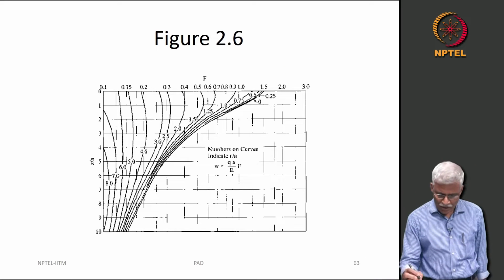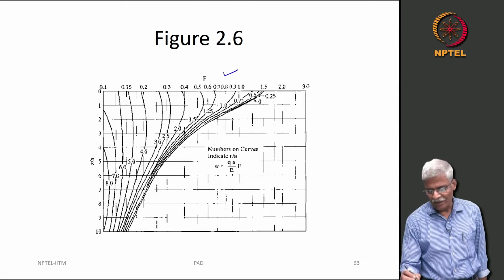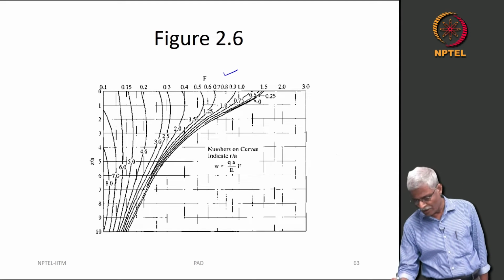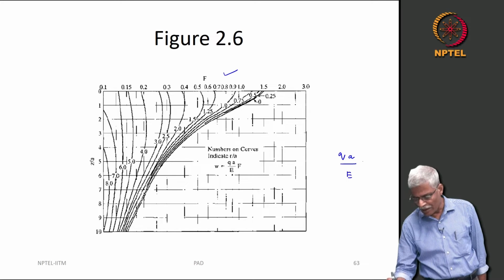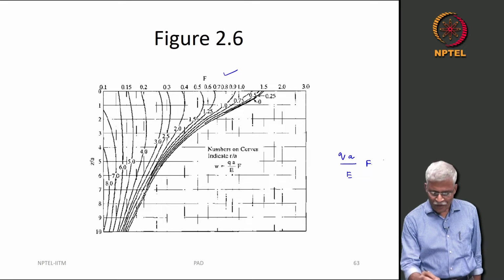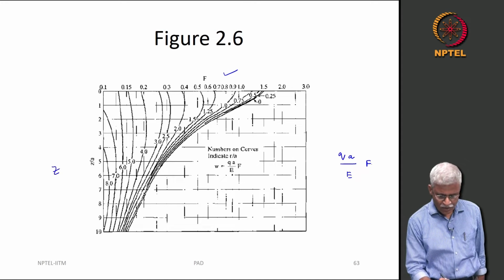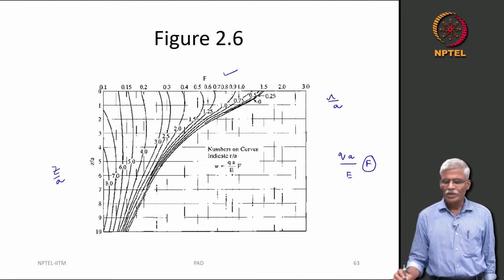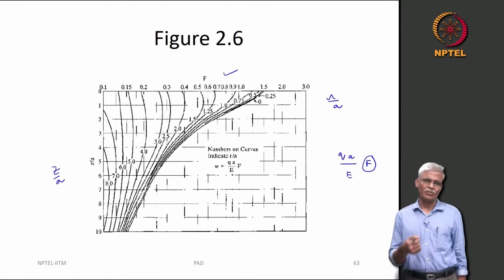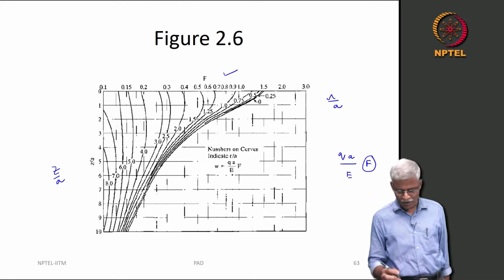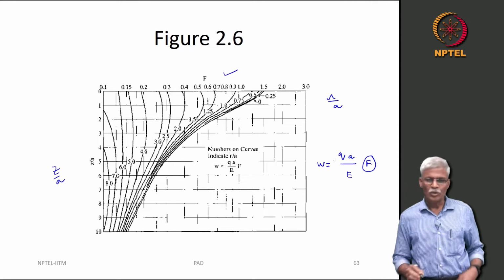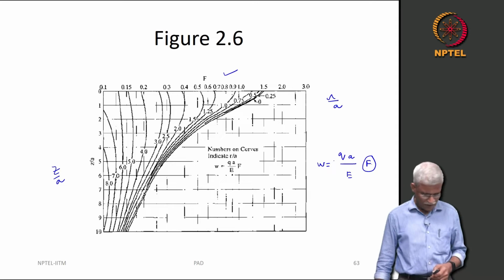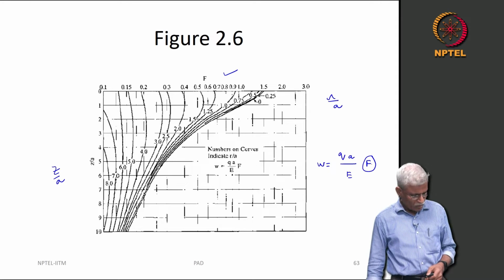So, then figure 2.6 is related to the deflection factor. Okay. So, these are all one layer deflection factors. So, we used this formula, q times a divided by E into F. This is given here for different z by a for various values of r by a. You compute this deflection factor, read this deflection factor from this chart, substitute it in this equation to get your interface deflection factor. Okay. So, then